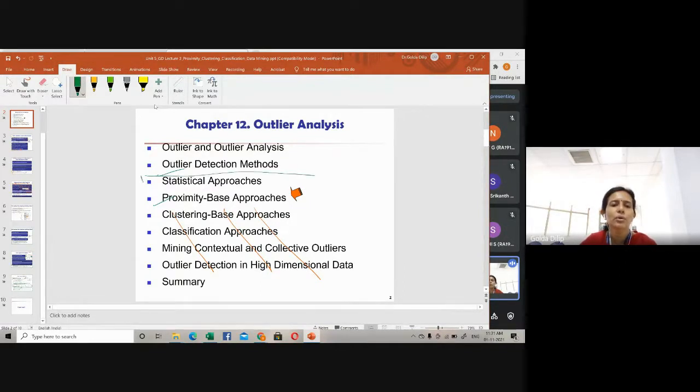The remaining topics are not mentioned in your syllabus, so I will not be covering them. Rather than that, we can go for a revision. Plus, I need to do one more application, the application of data mining. After that, we will have a good revision of the fourth and fifth units, because I went quite fast.